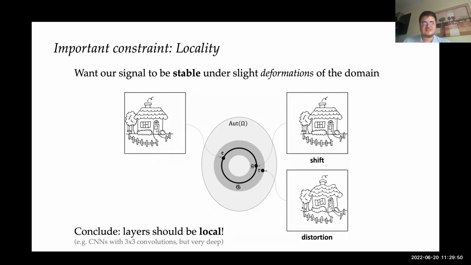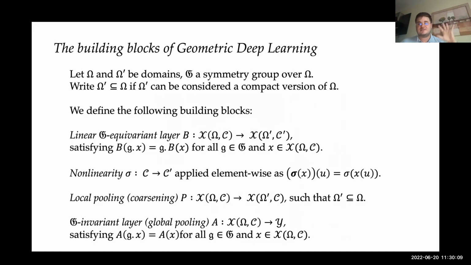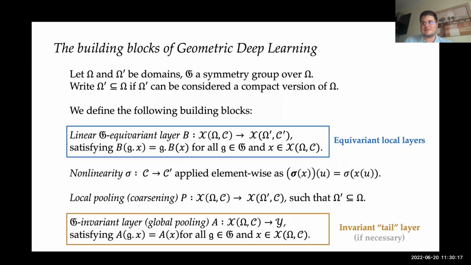And the conclusion in this case is that rather than doing global layers, the layers should be local on the domain and only deal with local neighborhoods of a particular domain input. So that's why CNNs are usually constructed with very small convolutions, like 3x3 kernels, but made very, very deep to stack the effects. And using all of these different ideas together, invariance, equivariance, and locality, we arrive at the key building blocks of geometric deep learning, where we have equivariant local layers and invariant layers, as we discussed before,